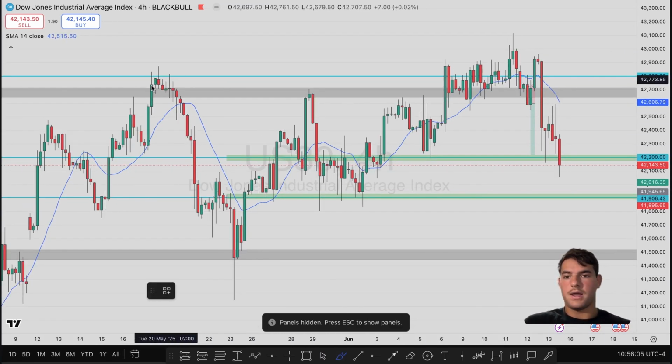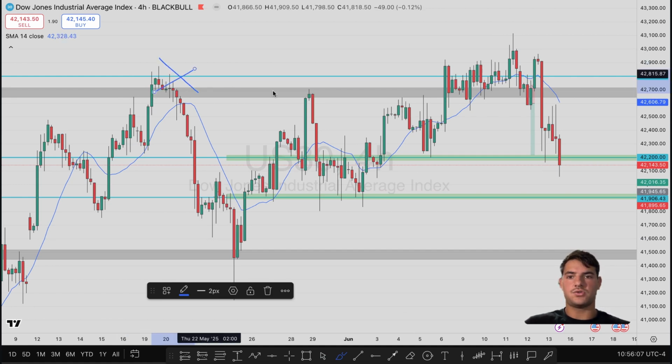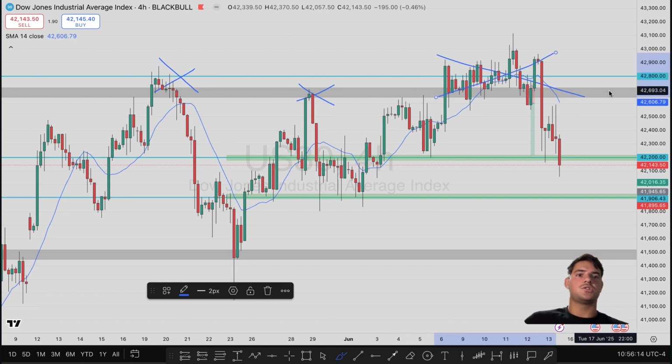Okay, you have the rejections right here from the 42,800. This is full of rejections. So again, 42,800 is not really a buy zone, it's more like a sell zone, unless it breaks above and then makes a retest, and maybe if it starts to look bullish, it would be a buy zone,